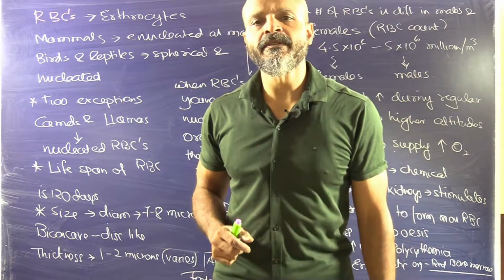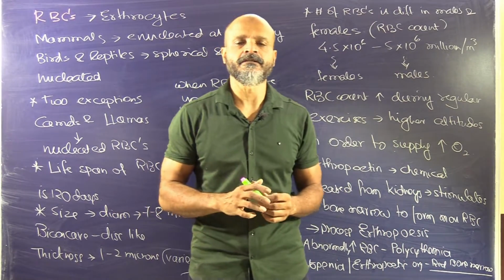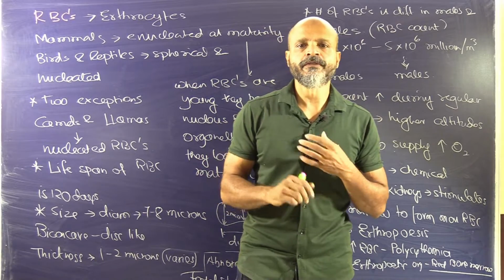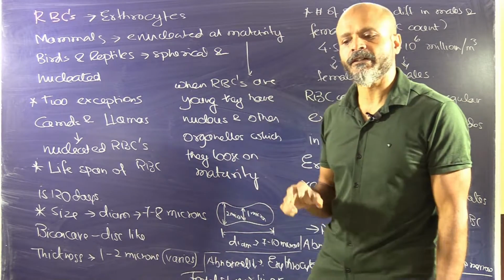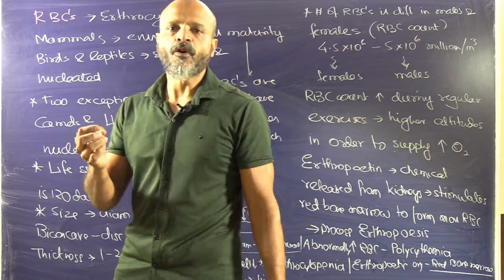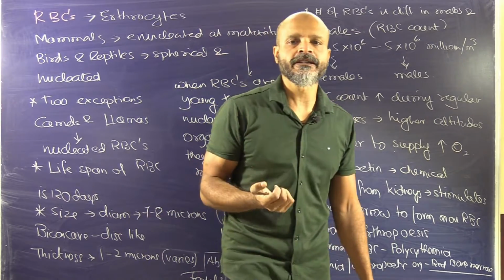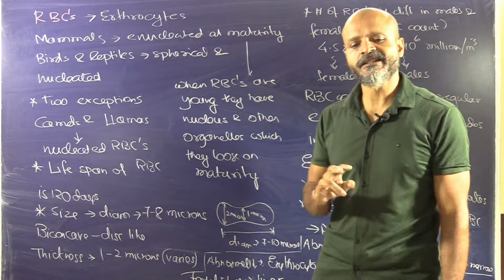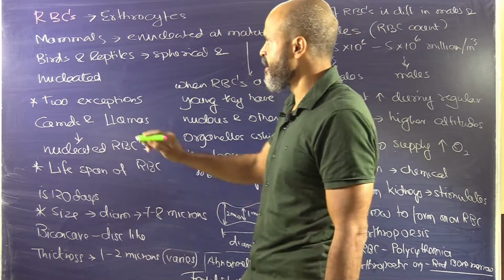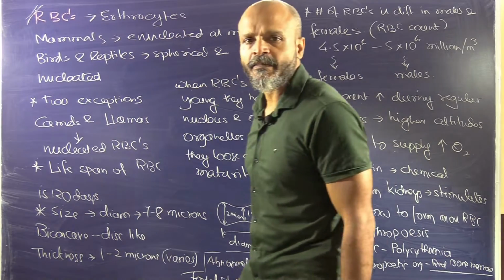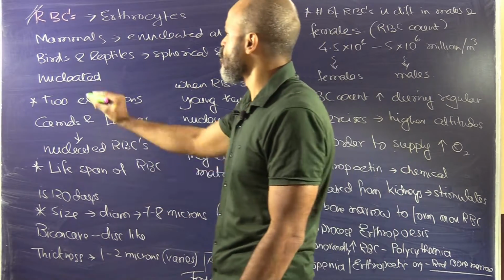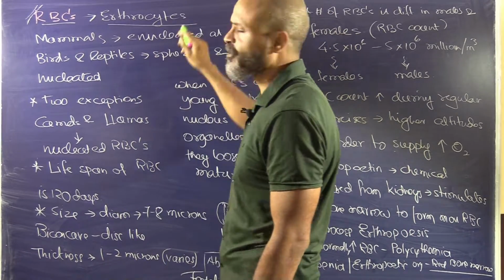Alright people, so basically we have discussed the different components of blood. We'll start one by one and see how they are formed, what their normal count should be, and what their different functionalities are. These are the things we are going to consider henceforth. We'll first start with the RBCs, which are also known as red blood cells or erythrocytes.